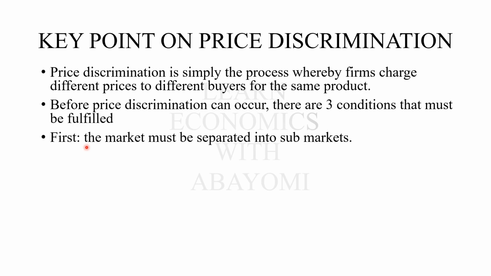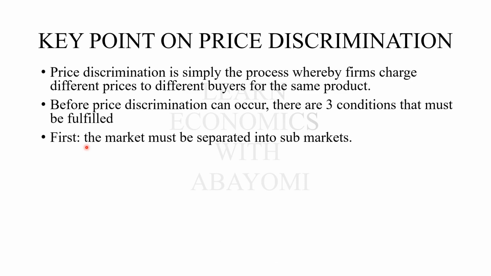So the first thing is that the markets must be separated into sub-markets. For price discrimination to occur, for example, we have two individuals. These two individuals can come from different socioeconomic backgrounds, different locations, different countries, or different neighborhoods. There must be two sub-markets. They must be separated into sub-markets. Price discrimination cannot occur when we have two individuals in the same geographical area. It cannot happen